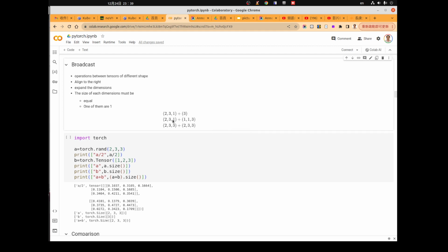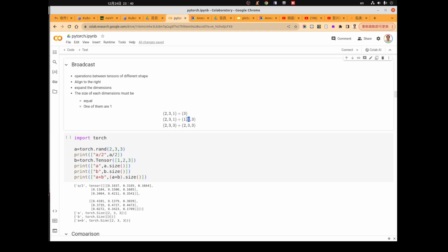And for the second case, okay, the number of dimensions is the same. Both tensors have 3 dimensions, but the size of each dimension is different. So let's try to match from the right. This is 1, this is 3, so we'll duplicate this one for 3 times to make this tensor 2, 3, 3. So 3 and 3 are the same, so we check the next one, 3 and 1.